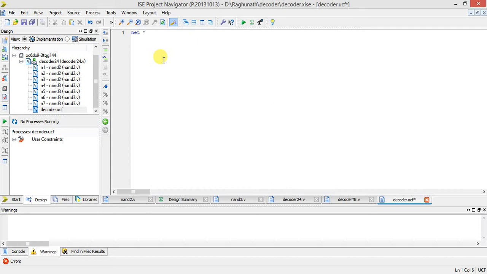You write double quote or single quote, anyone. So inputs are A, B. So net A and location is equal to P80. In the kit, the pin details are pasted, FRC1 to FRC7 or 8. What are the pins used? So use net space single quote or double quote A as the input and location P80.